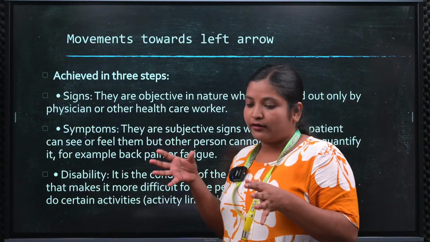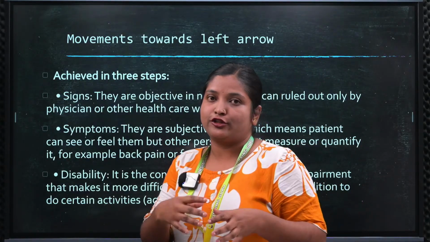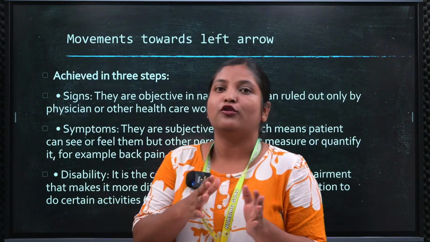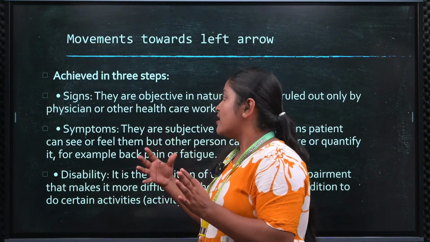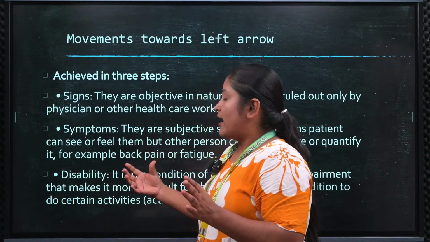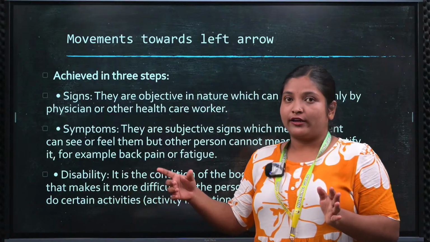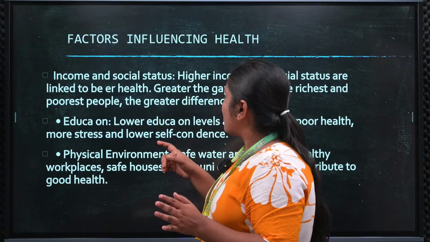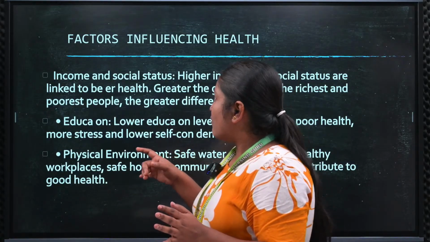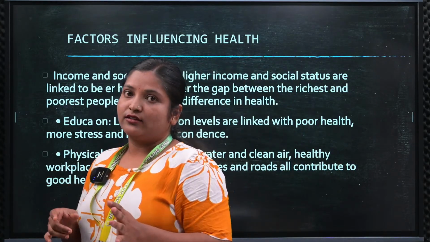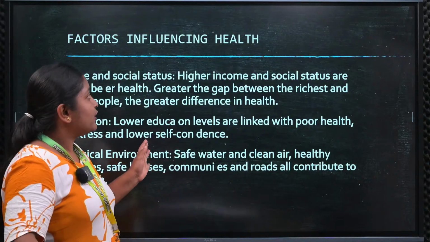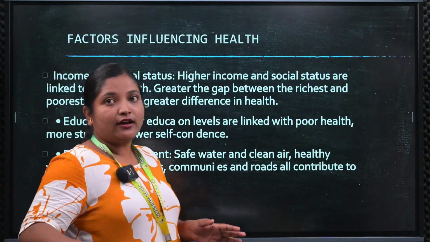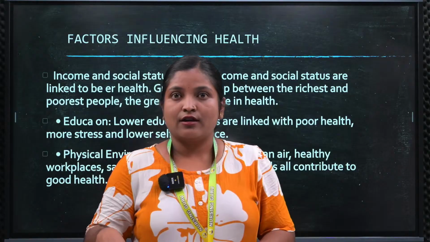If you are prone to an infection or a disease condition, in time you will see the signs and symptoms, the occurrence of symptoms, and then disability, the inability to do the function. So this is all about that, and now we can move towards the factors which influence health. Which are the factors? Those are